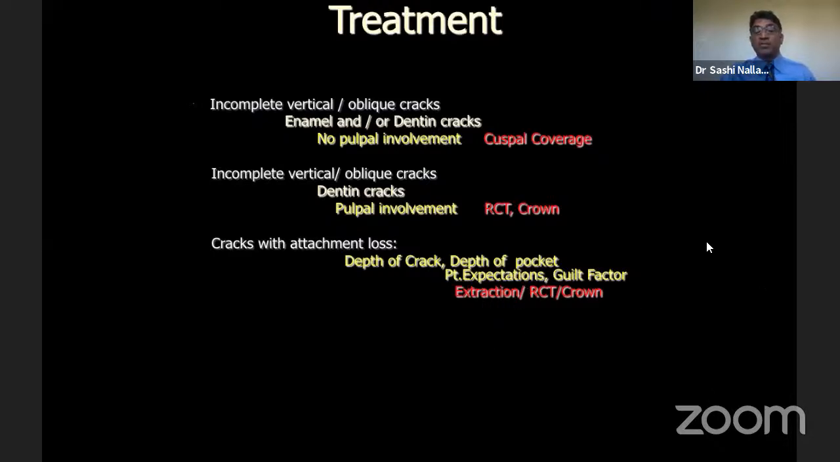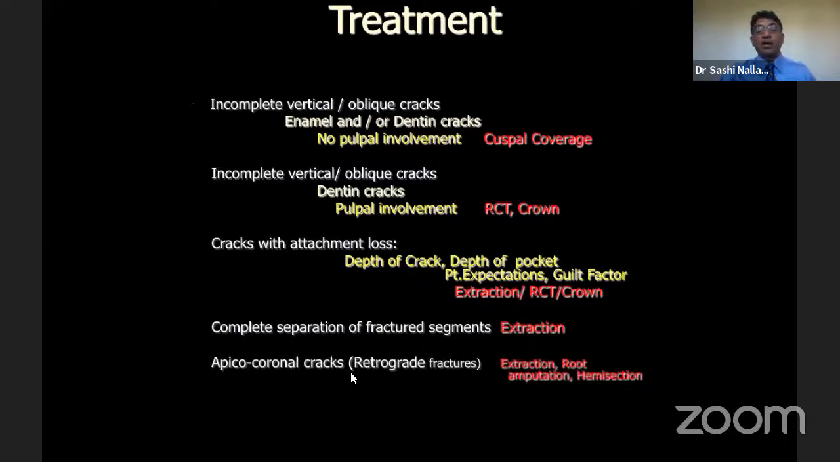So there is a lot of discussion in these types of cases with patients before you treat them. Complete separation of fractured segments, clearly extraction. There's nothing else you can do. And if there are apicocoronal cracks, more than likely extraction, but you can get innovative and do some treatments like root amputation and hemisection, and I'll show some clinical examples for all these. All right, so let's look at